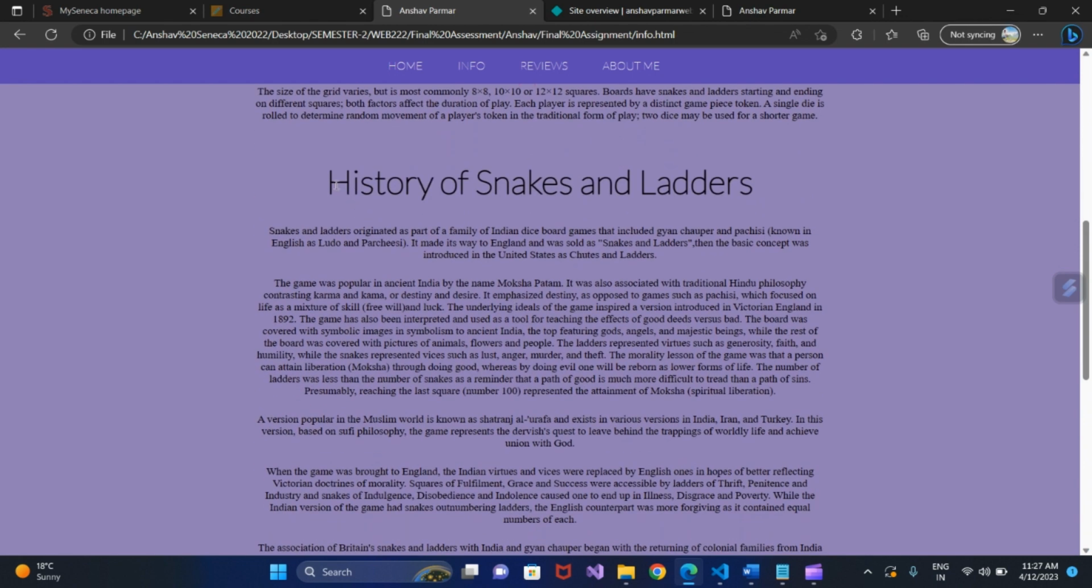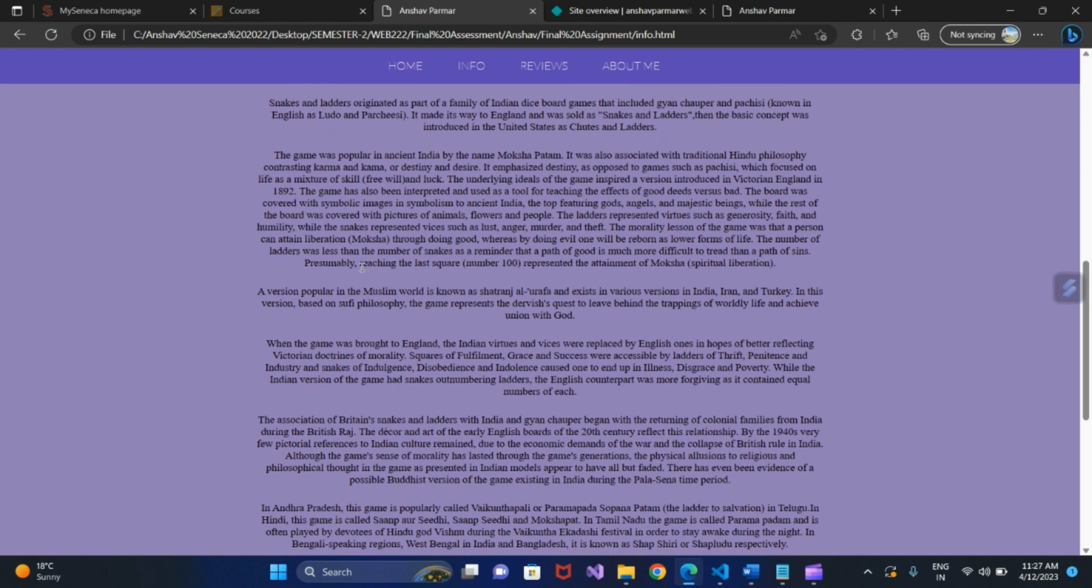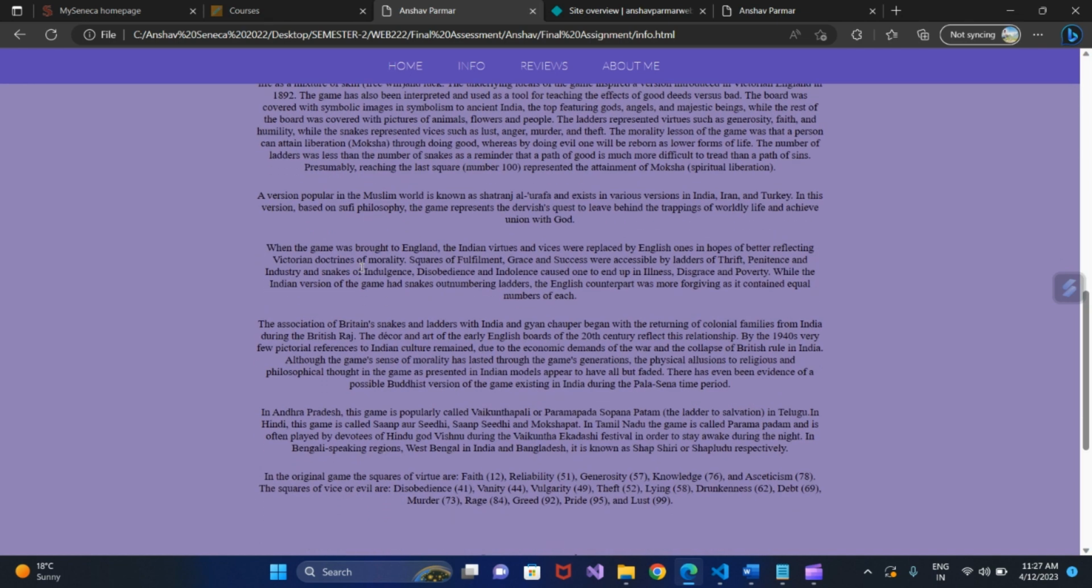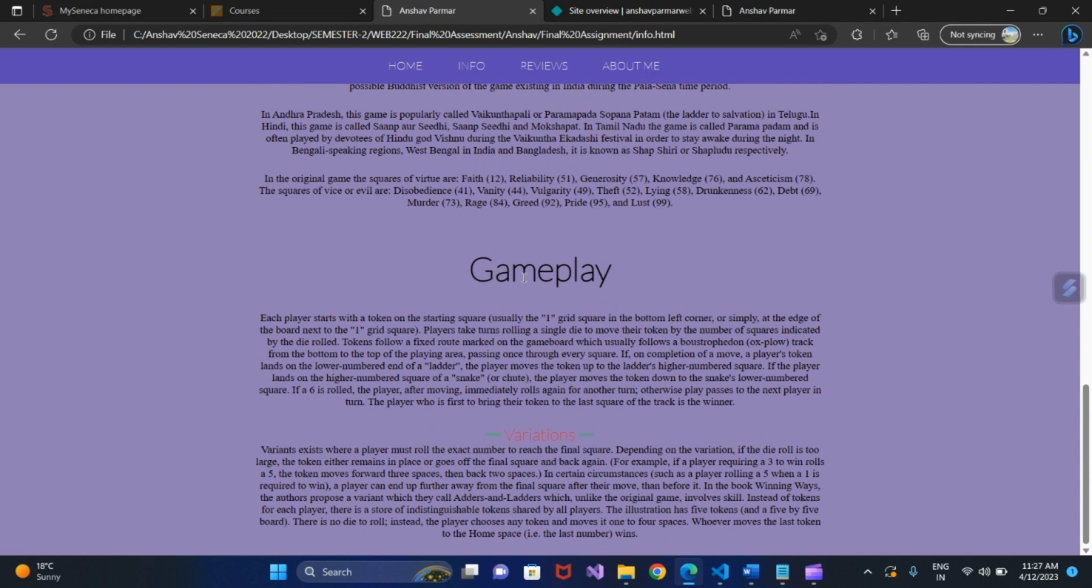I have also included the history of Snakes and Ladders, where I have briefly explained what its origin is, how it's been played over the decades, and what the modern way of playing the game is. Moreover, for the gameplay section, I have included a more specific introduction of the game, and I have also included a part called variations, like what the size of the dice is and how it is ruled over